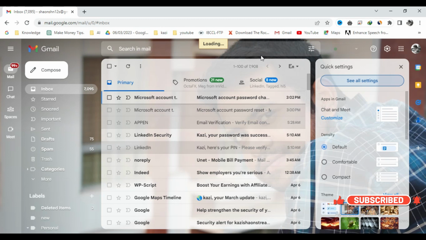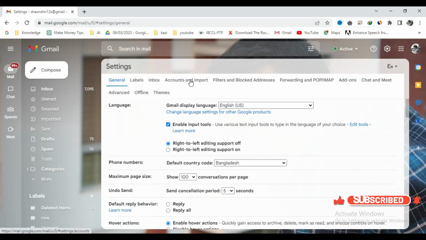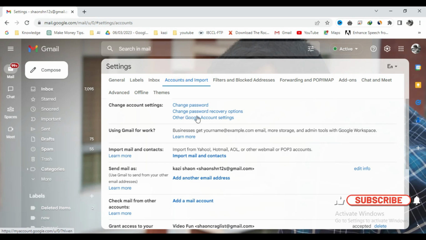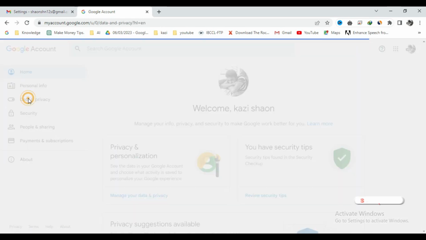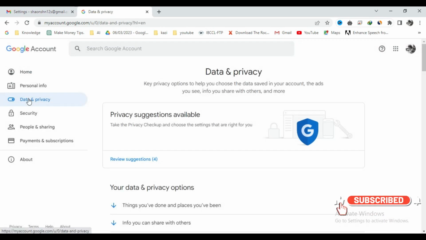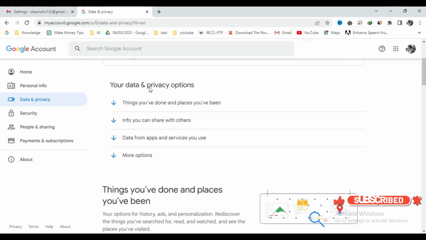It takes time depending on your internet connection. Then go to Accounts and Import and click on Other Google settings. Then this page appears, and on the left side of your browser, go to Data and privacy. You can use your mobile apps by the same process, but you need to go to the Gmail app. Same process. When you click on Data and privacy, this page appears and you scroll down and you